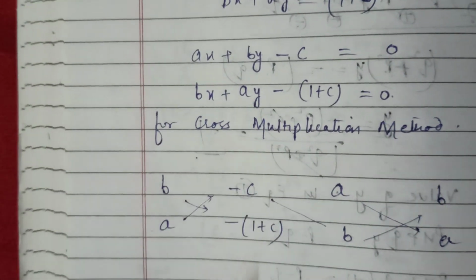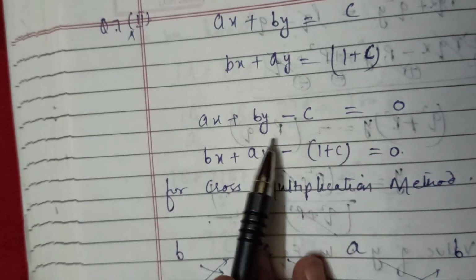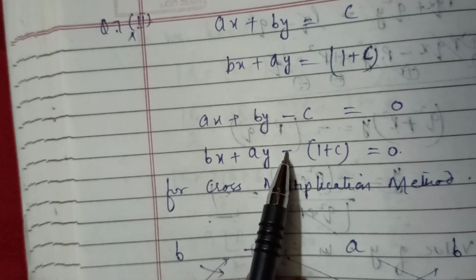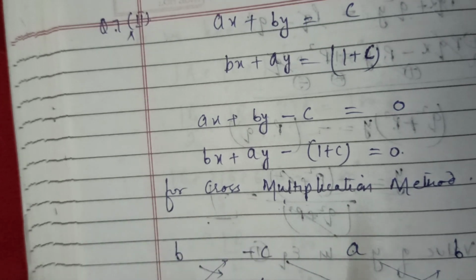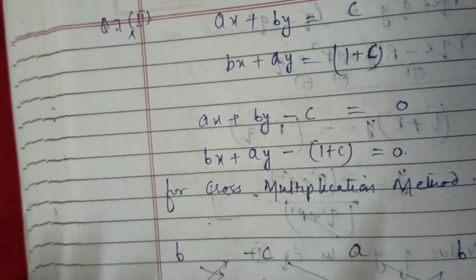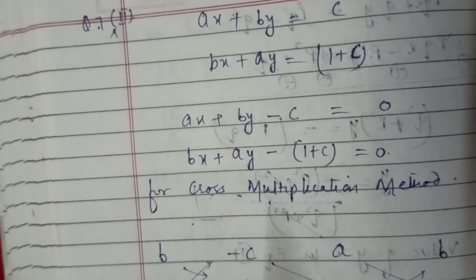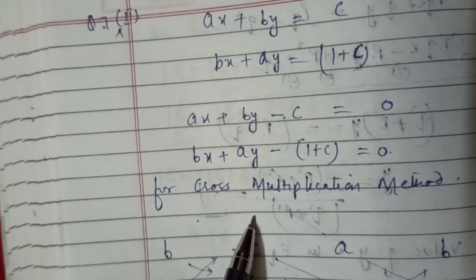Now come to the second part. This is the statement of the second part. Here I am using the cross multiplication method, right? By elimination also I will show you. I am doing cross multiplication here so that you can know about it. These questions can be done by any of the methods. Sometimes, if you want to do the substitution method here, it might be difficult for you. So you choose the easiest one. Whatever you feel is easy, you go with that, right?